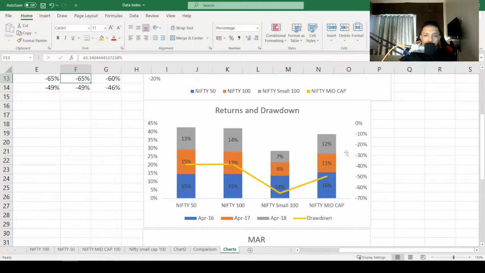20%. The right scale that you see is basically drawdown. So if you see out here for Nifty 50, the drawdown must be somewhere around 40%, right? Nifty 100 is also 40%, but small cap is going around 65%. Okay, and mid cap is understandable that it's higher than 40%, but it's not as great as 60%. But they're generating more returns for that, right?